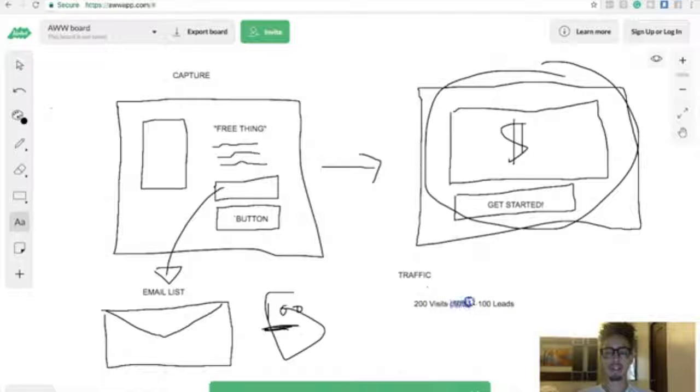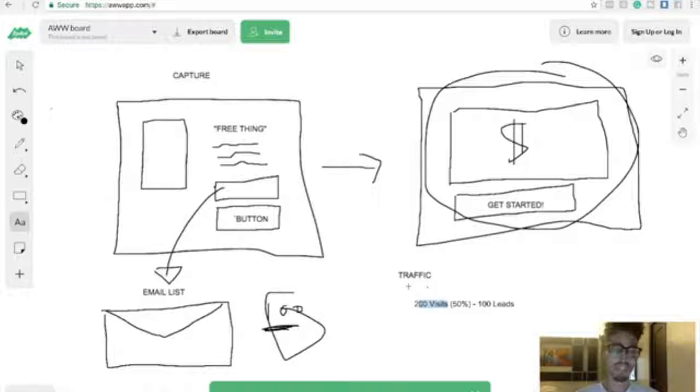and split test this little page, meaning let's just say you split test two different pages with two different texts at the top, and one is converting better than the other, one's converting at 30%, the other one's converting at 50%, perfect. We finally get to 50% plus, then what we're going to do is focus on visits now, focus on traffic, which is 200 visits gets me 100 leads, right? Now that's the free method organically, right?